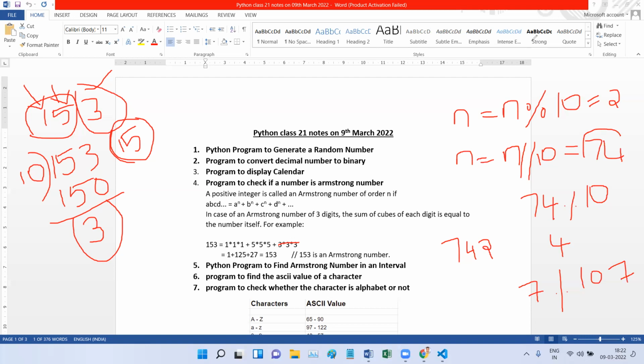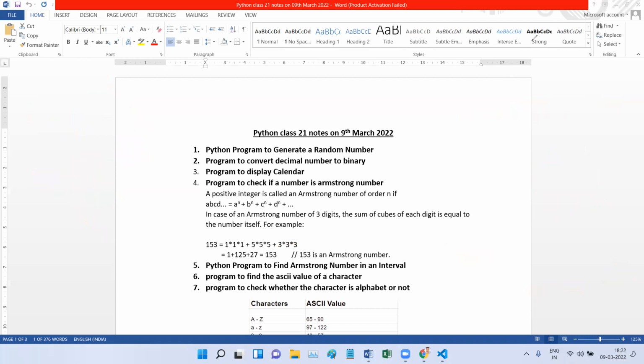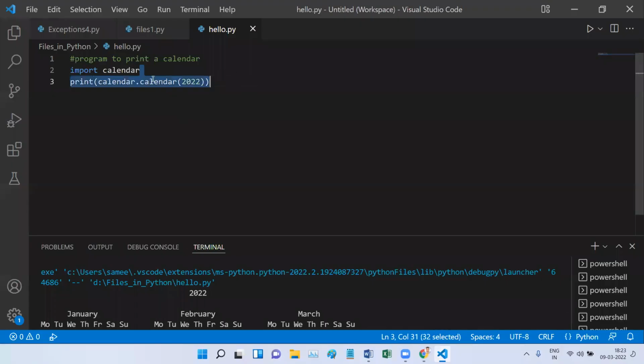Before I start the logic for this palindrome, if you want me to explain extracting digits of a number in a special program, I can do that too. If you don't want, like say it's okay, sir, I will proceed with the logic for Armstrong. Okay, so let me go.